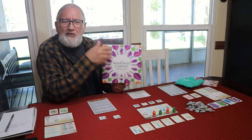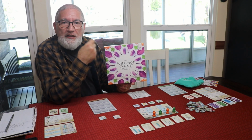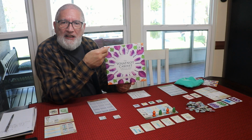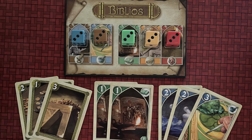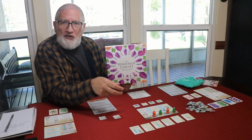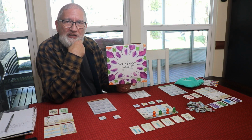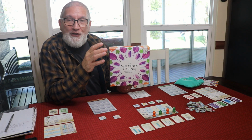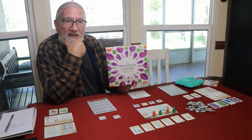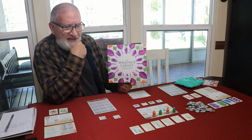The reason why I was so interested in this one when I first saw it a couple of years ago was Steve Finn was one of the designers, and I have a game of his called Biblios, which is perfection. If you haven't played Biblios, it is a little card game where you are drafting cards. It has a set collection element, but you're also affecting the value of some dice on a little board that you're going to get those points at the end of the game. So I just love that game. If it's not in my top 100 games of all time, it certainly should be, because it is absolutely perfect in its design. And so I was interested, because of Biblios, to see what Whatnot Cabinet had to offer,